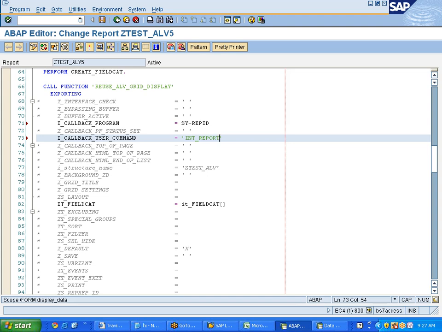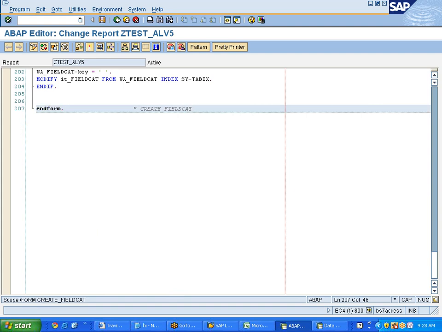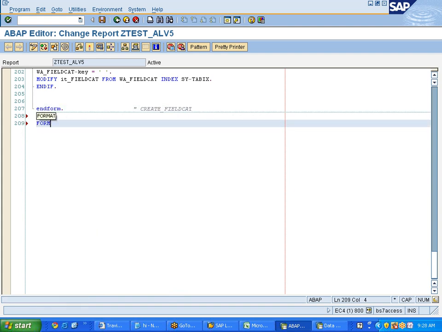You can give anything. So now whatever you give here, you need to create a perform for it. You need to say form, whatever you have given there,